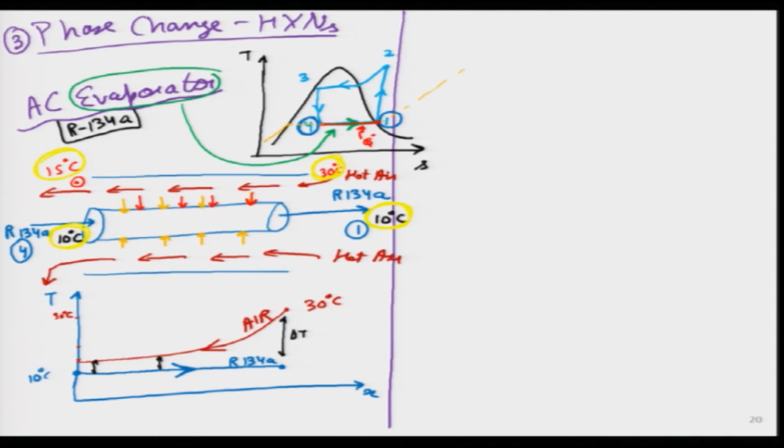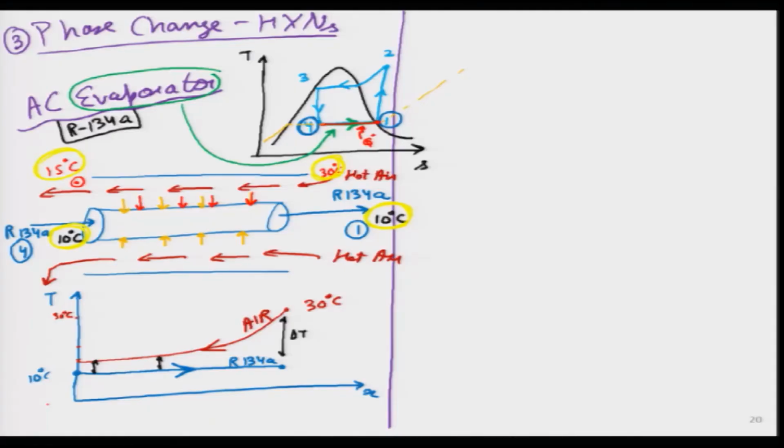Can we look at another type? Of course, the reverse: instead of going from liquid to vapor, where we are boiling or evaporating it, can it be the other way around? And I think we have looked at it very recently in the last lecture, where we talked about boiling and condensation. So, in the air conditioning itself, as shown in this particular TS diagram,